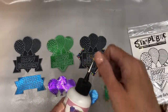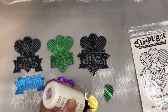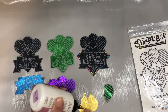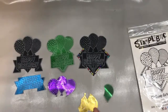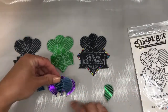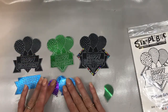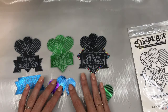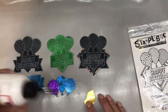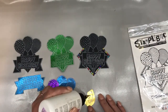So I'm going to use some art glitter glue. I like this glue because when it dries it goes on clear and it doesn't take much, which I appreciate. And I'm going to layer these images, the ones that I'm going to lay down last, I'm going to go ahead and just layer these up first so they have an opportunity to dry. And I'm just going to make my balloon bouquet, and I'll set this aside as we start to assemble the